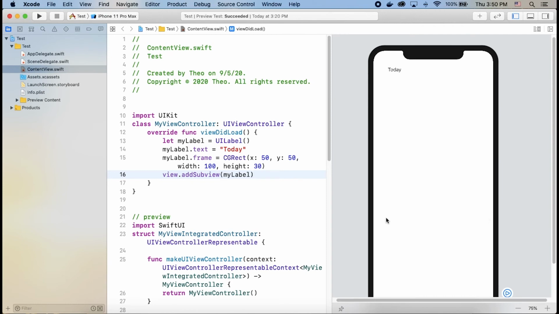So you can play with CGRect x and y values. Let's say x equals 100 instead of 50. And in the preview, we're going to move this label to the right side. And if we increase y value to 200, let's say, then it's going to move down like this. And if you want different text, let's say "yesterday,"